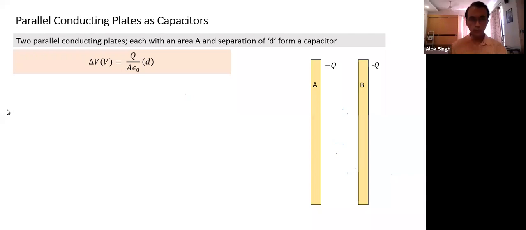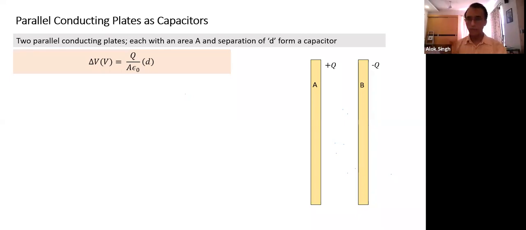Now coming back to capacitor, I think 4 points are simple, all are clear to everybody's mind. What is a capacitor? Two conductors separated by distance are a capacitor. The net charge may be 0: one has plus Q charge, the other has minus Q charge. Charge of a capacitor is the charge on the positive plate or positive part of the conductor. Potential of a capacitor is the potential difference between the positive plate and the negative plate.